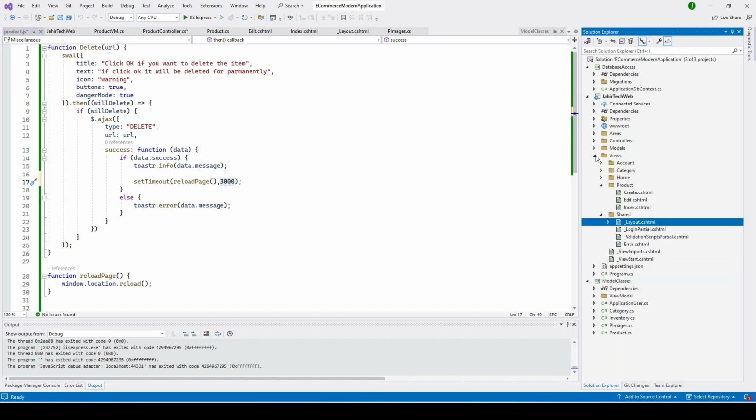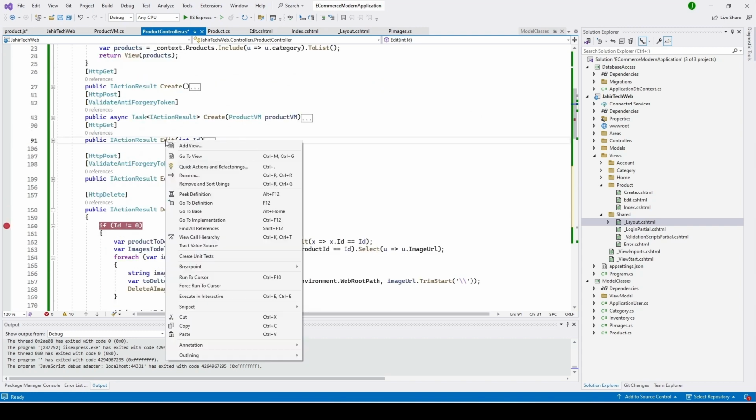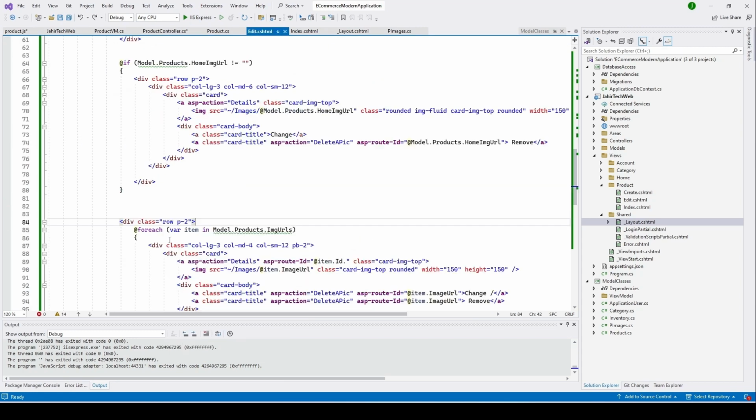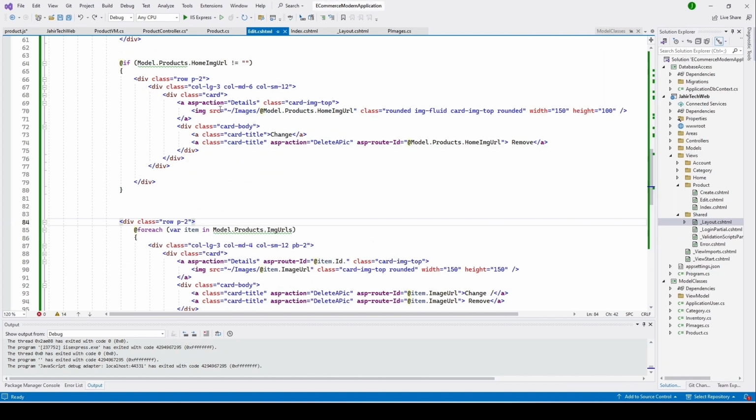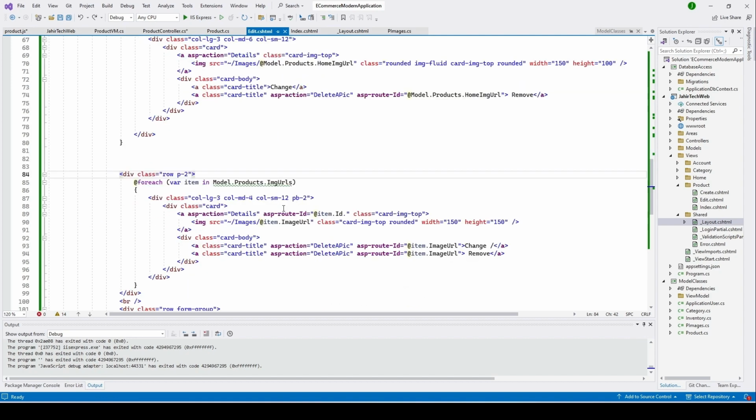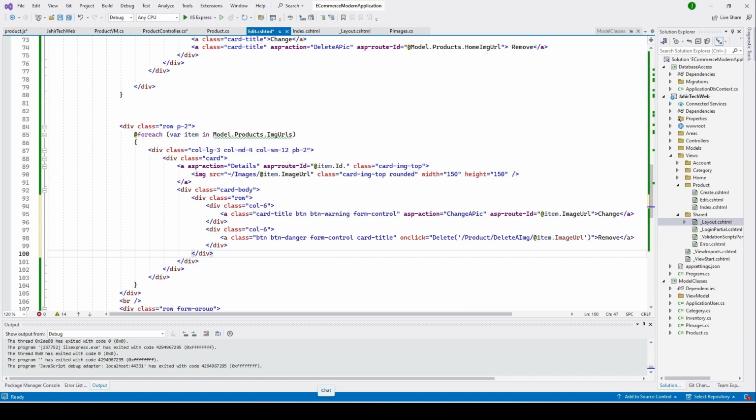So let's go to our edit cshtml file. Here I can come over here, go to our edit function, right click on it, click on go to view. Okay, and then make it smaller. So in our edit.cshtml file, you can see we have a link to delete, remove a picture or change a picture. So we'll go ahead and remove this line, right? We'll make this a button, not a link. Okay, so let's go ahead and do it. I'm going to copy it, select these two lines and type this code